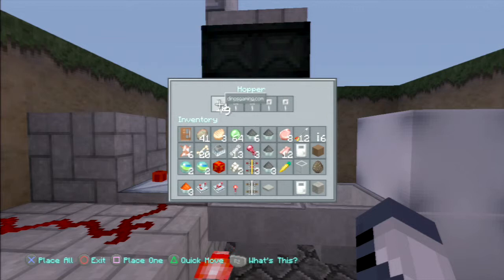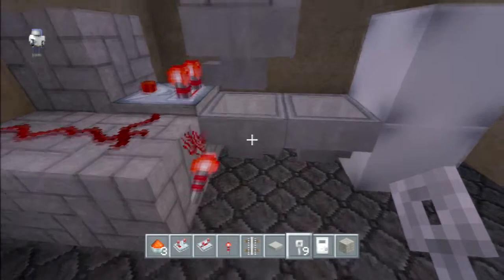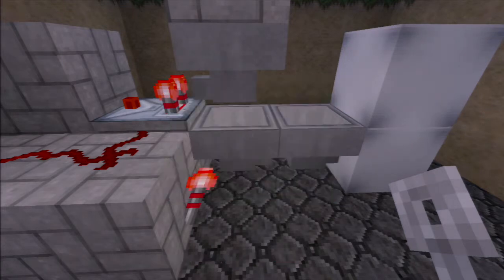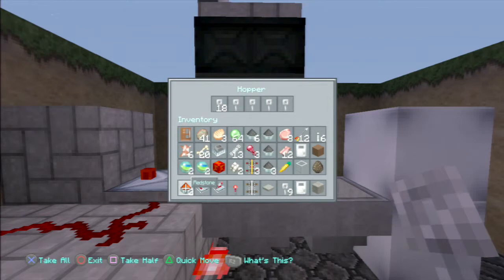So you got 18, 19, 20, 21, 22. And then again, if you made the minimum of 24, you'll have 2 left. Then you come down to this bottom hopper and you place 1 into there. 1 fell down, so I didn't need to do that. But anyway, as you can see, there has to be a total of 22